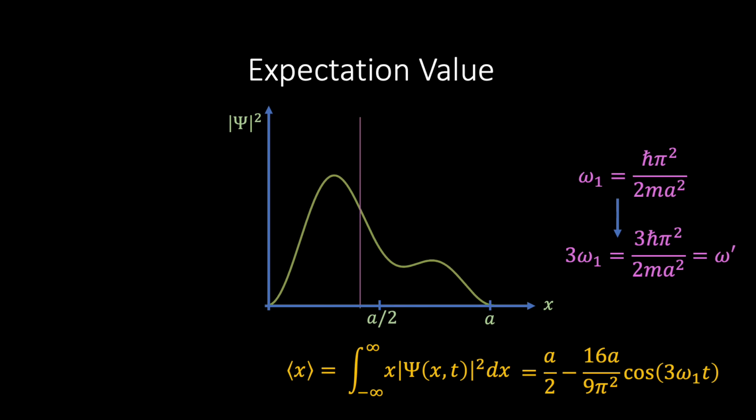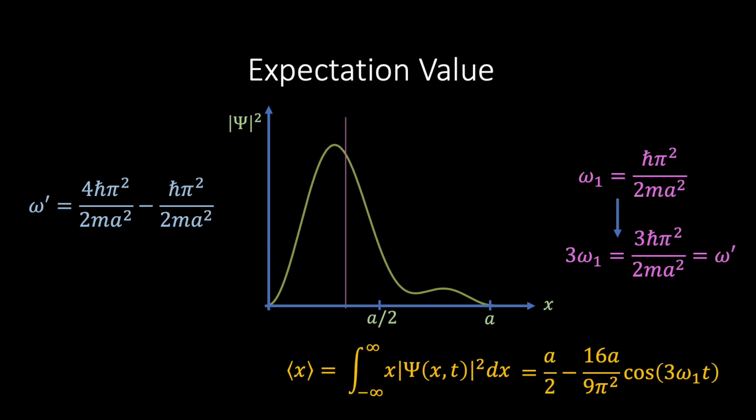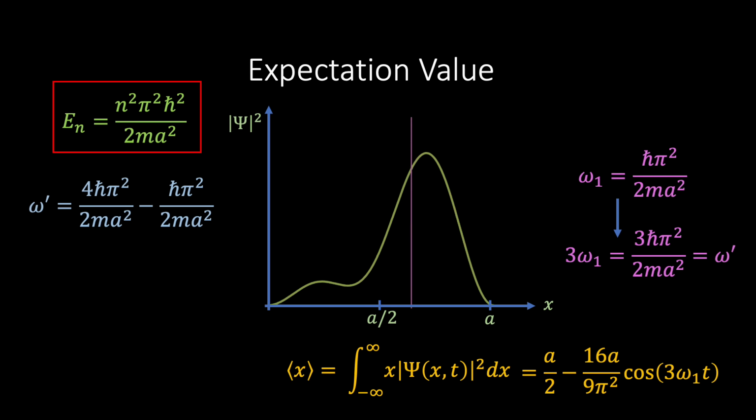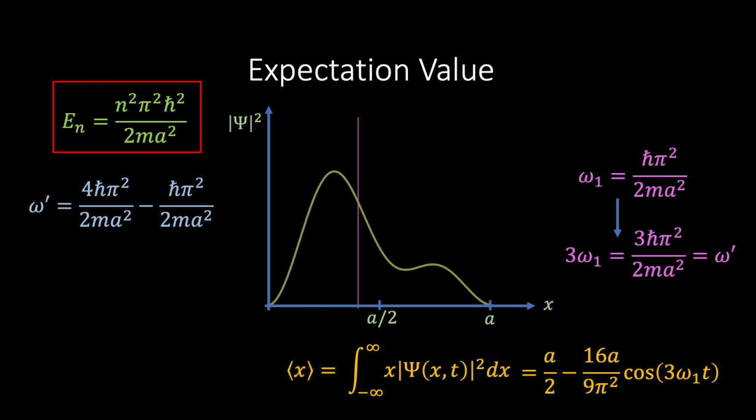Now if you look carefully, you notice that we can write ω′ as the difference of 2 terms, and if you recall the energy equation that we derived earlier for the particle in the infinite square well, we see that we can write ω′ as the difference between the energy of the first excited state and the ground state divided by the reduced Planck's constant. And finally, we can rewrite the angular frequency in terms of the oscillation frequency, and we arrive at the following